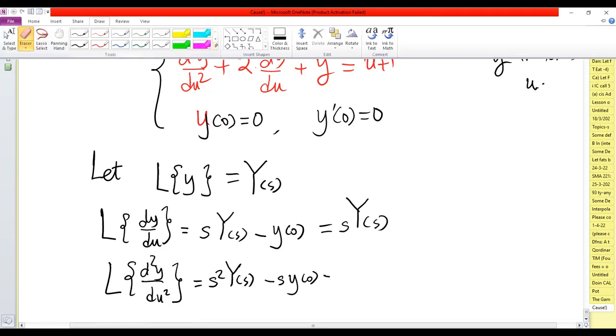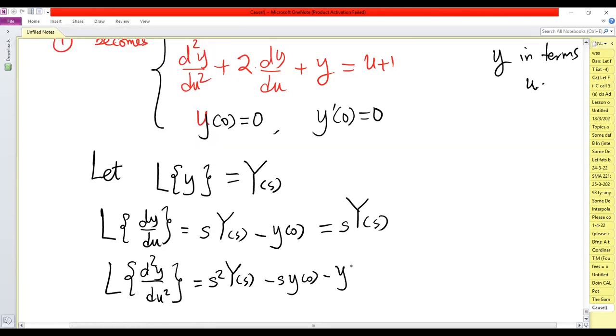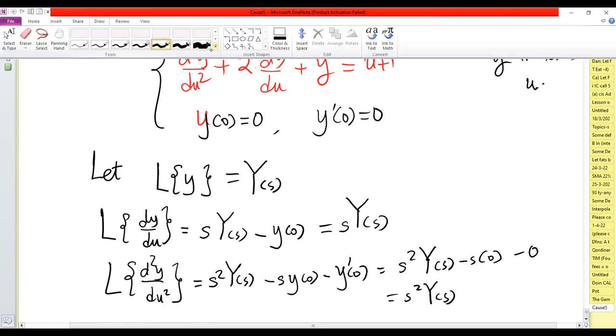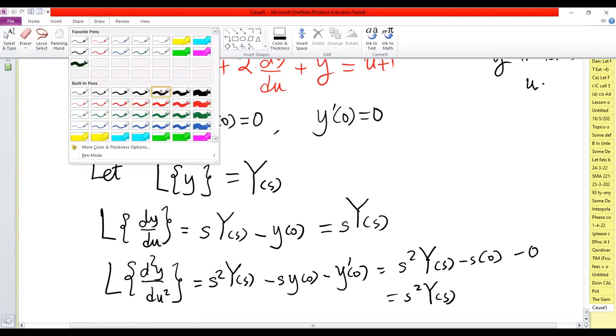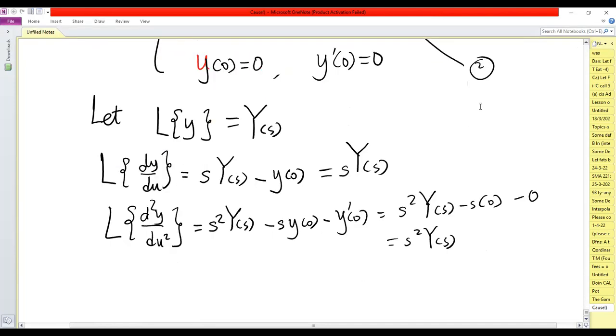Replacing by the values we have in the differential equation, we simply have s squared Y of s minus s times 0 minus 0, which will just be s squared Y of s. If we call this equation 2, then